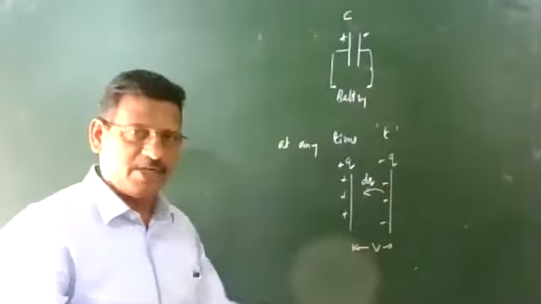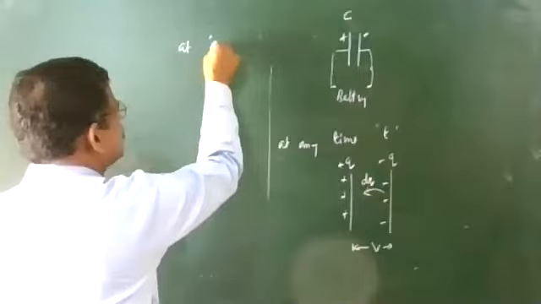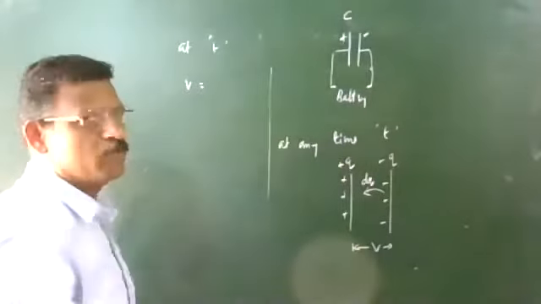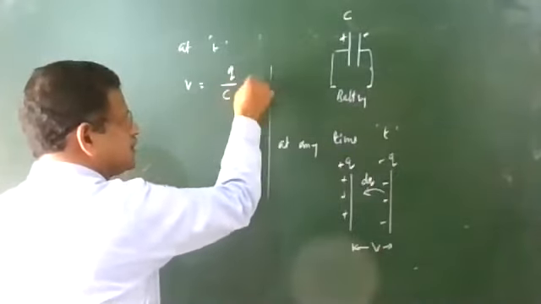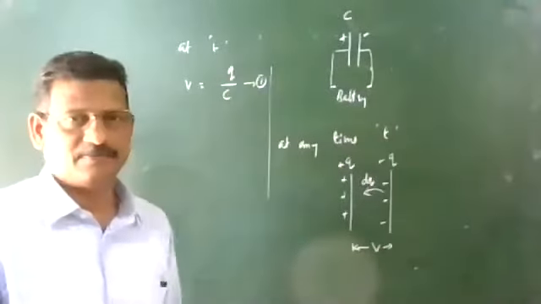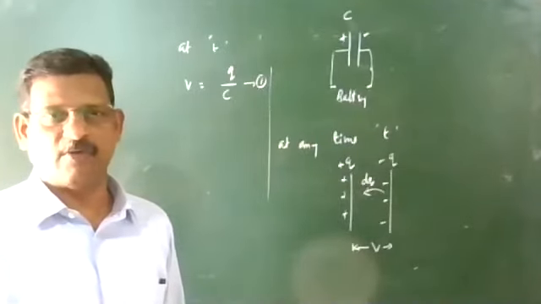So at this time t, what is the potential difference? The potential difference is V. How do we find it? It is the charge at that time divided by its capacity, V = Q/C. This potential difference means the work done to move a unit charge from one plate to another plate.